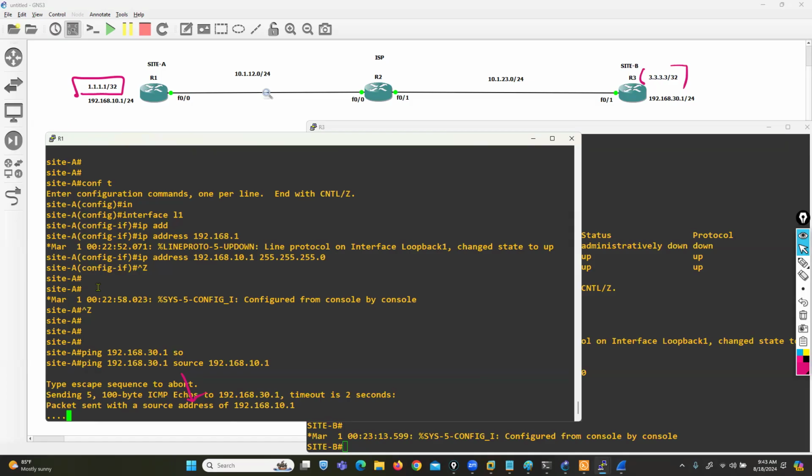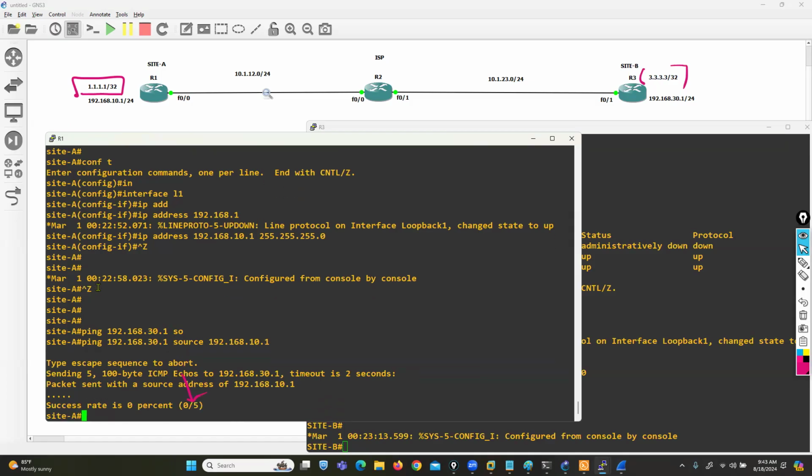We have to define this in the ACL, right? Yes. So I'm not getting a reply. Success rate is 0%. Why? Because as per our